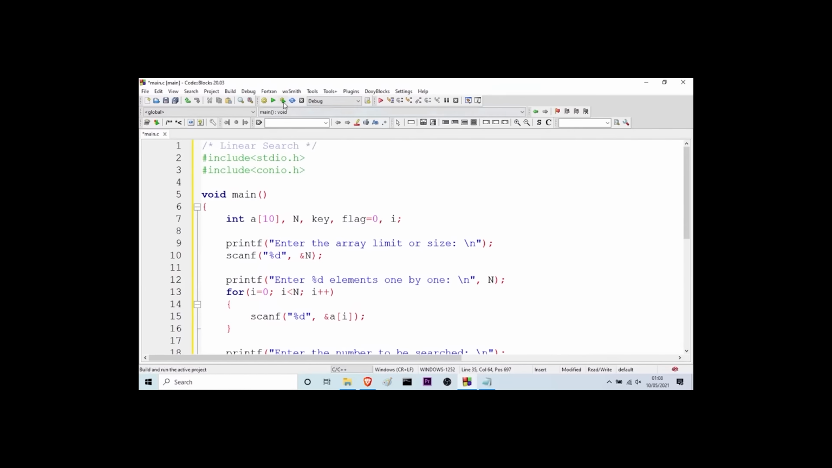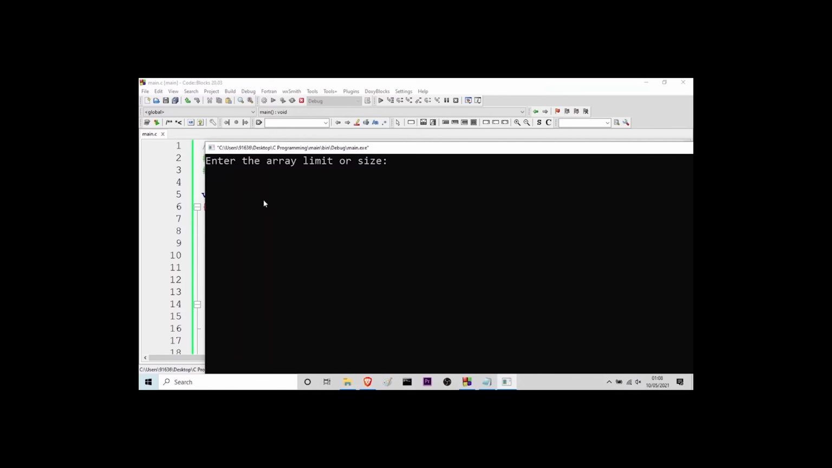I will run it for you now. So here let me zoom it for you, and it says enter the array limit or size. Let me take it as 5, and as I wrote in the program, here it says enter 5 elements one by one. Now I will take the elements, say 12, 36, 6, 17, and say 8, and now it will ask for the number to be searched. Here let me take as 17 and press enter,